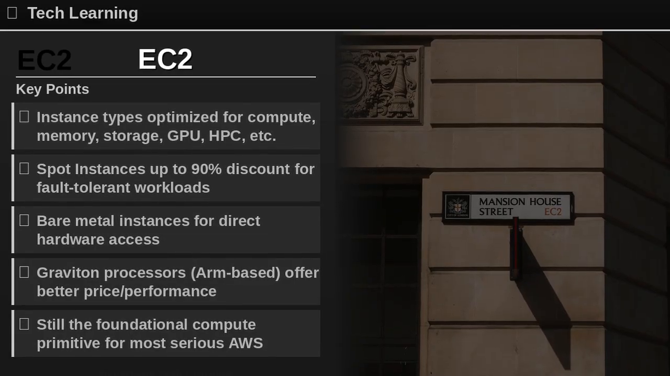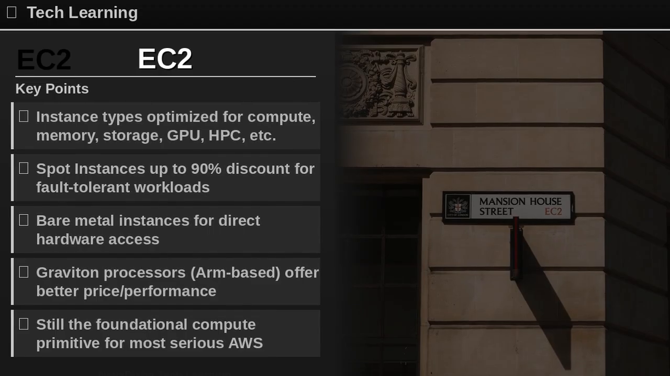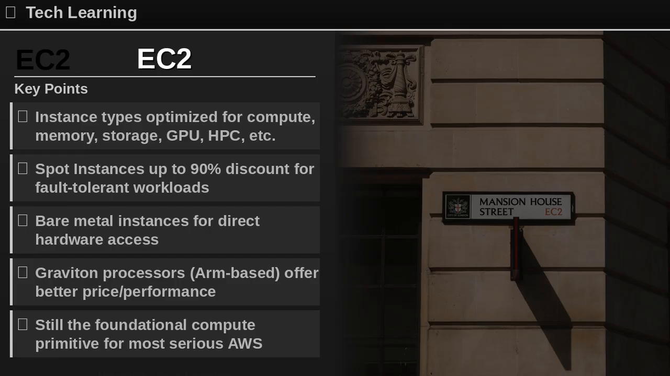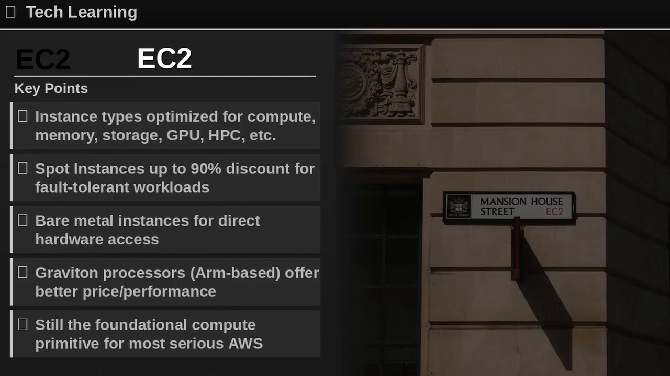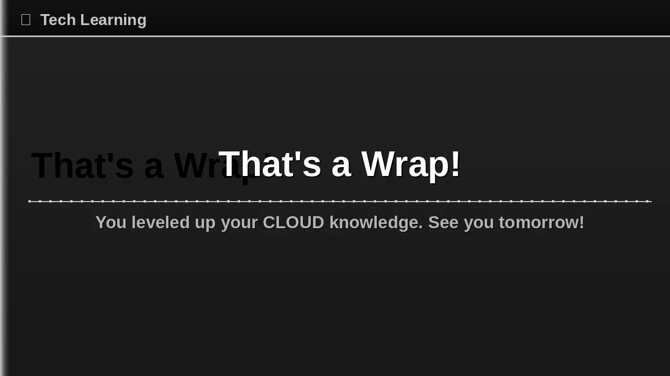On top of that, Graviton processors, ARM-based, offer better price performance. Finally, still the foundational compute primitive for most serious AWS deployments. And that's